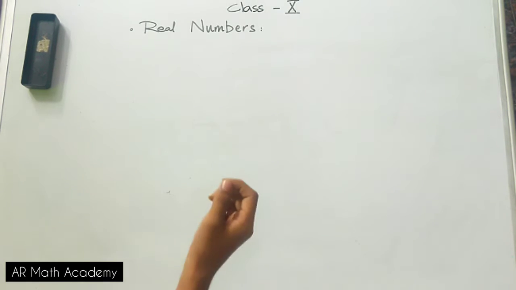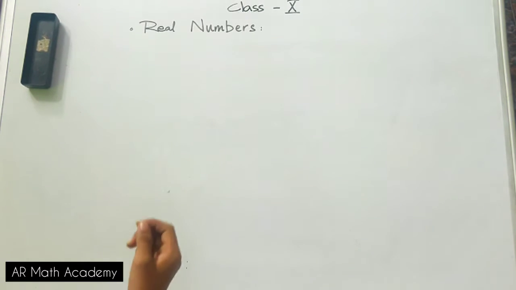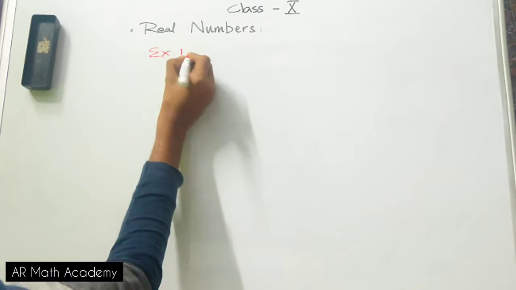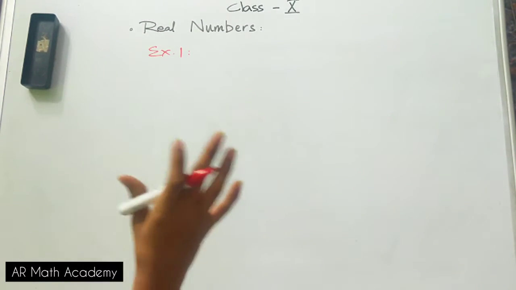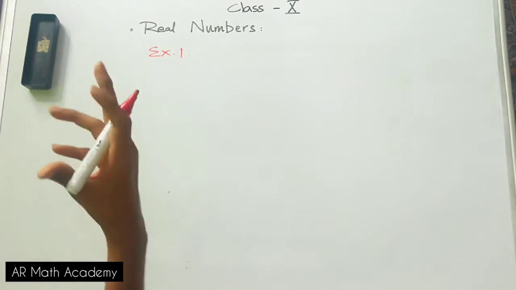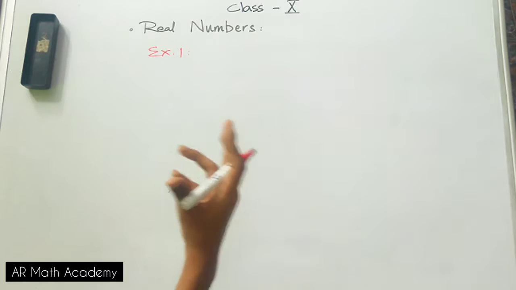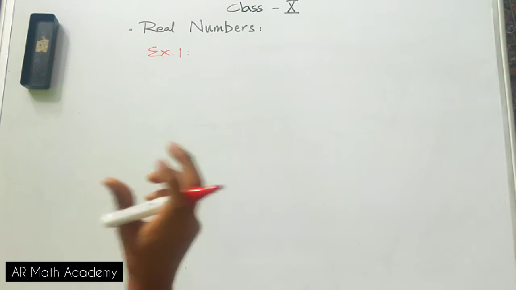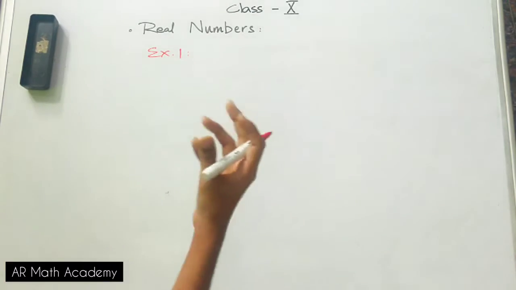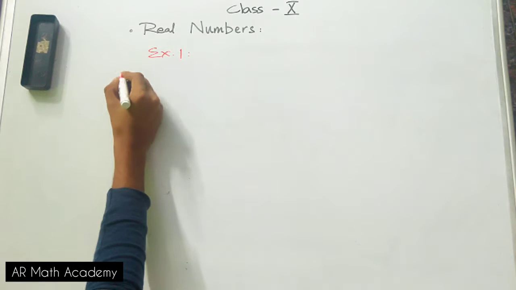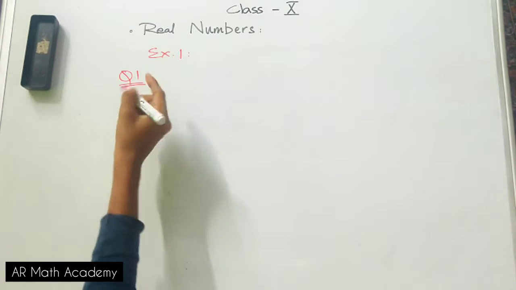So let us start with exercise number 1 of your NCERT textbook class 10. I'll be only taking some model problems from your exercises where you'll be needing some assistance, where I can apply the concepts and make you understand the concept in a clearer fashion. So only a selected few problems will be solved in this video. You can understand the core concept from it and apply the concept to every other question. As of now, I'll be dealing with the first question from exercise number 1.